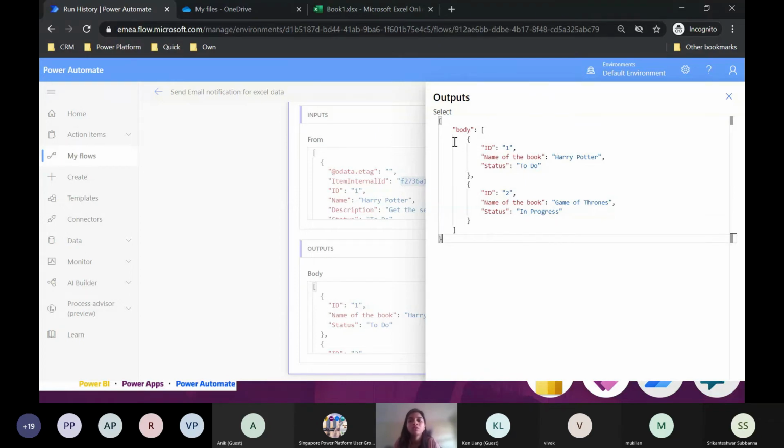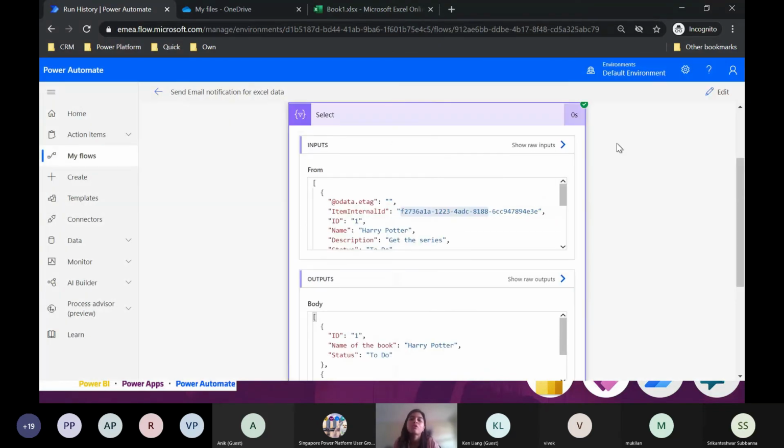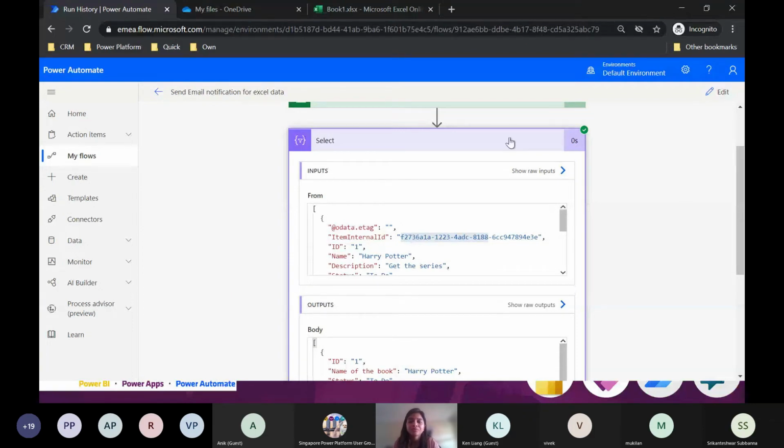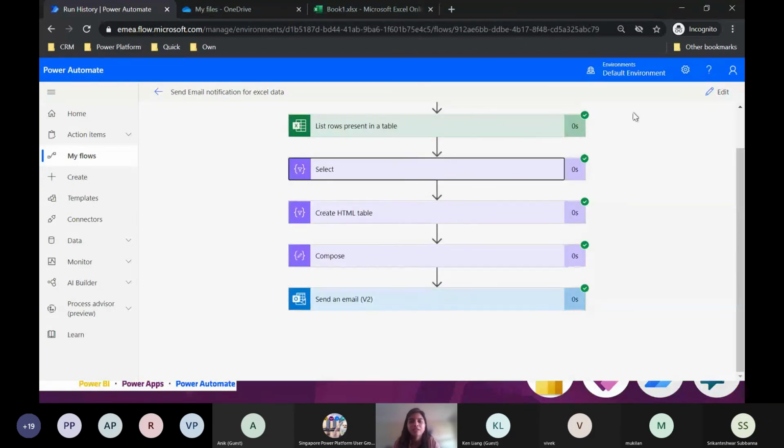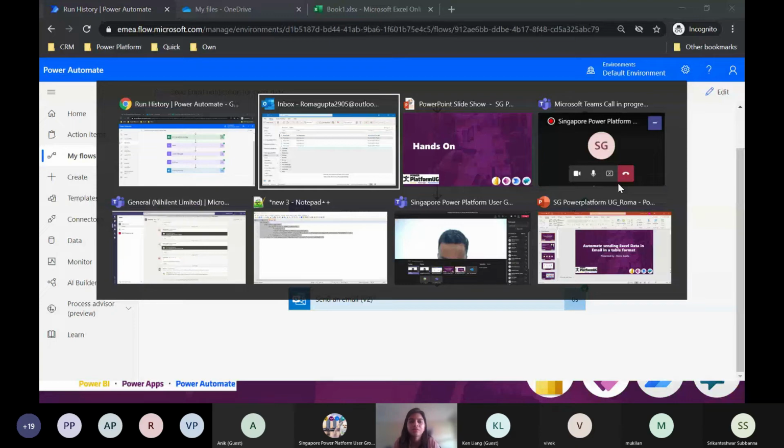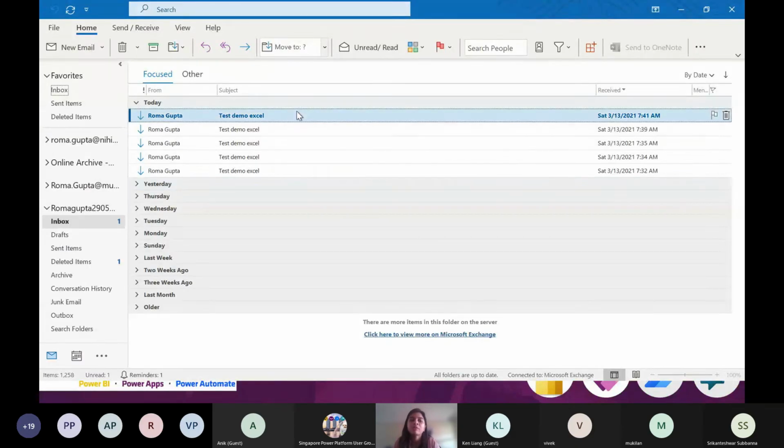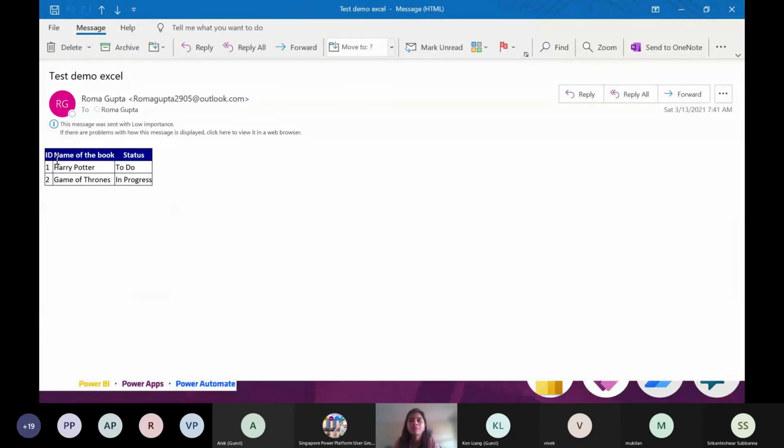So this way you will filter down the number of columns for your email. Let's see quickly. So if you see, I'm now happy with my number of columns in my email. Let's go back.